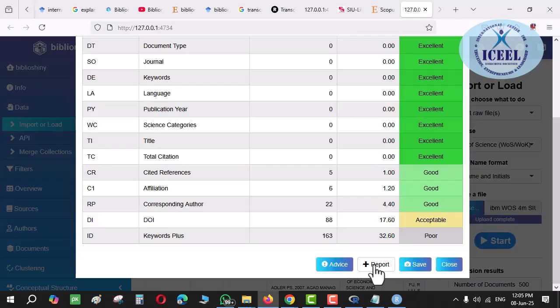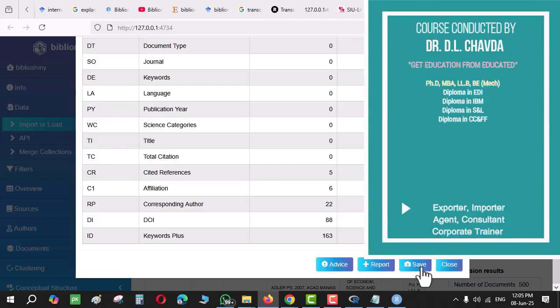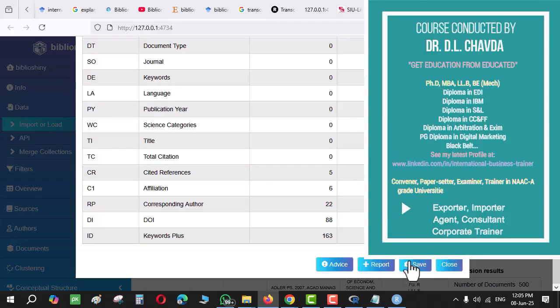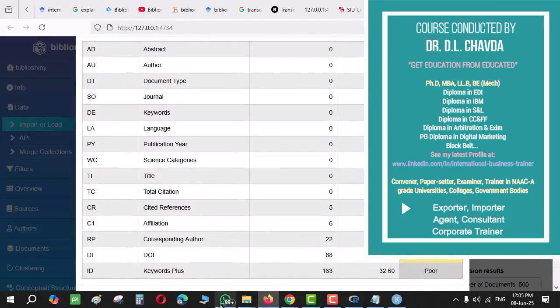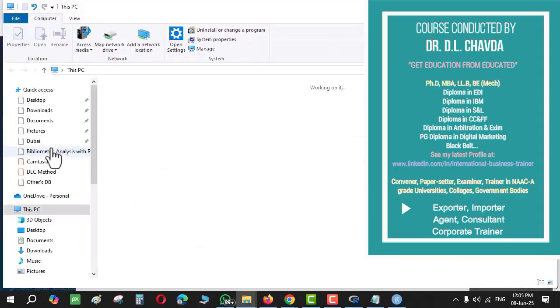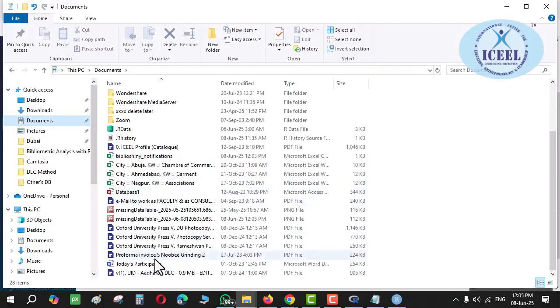If I click on report, it will take 30 to 40 seconds sometimes. So I'm not going to click on report right now. Right. Save, I have done it. And still it is not coming there. Just a moment. Here the window will come when it is getting saved. Just a moment again. And let me show you where it is going to get saved. In the documents, here. In the documents here, it is going to get saved.